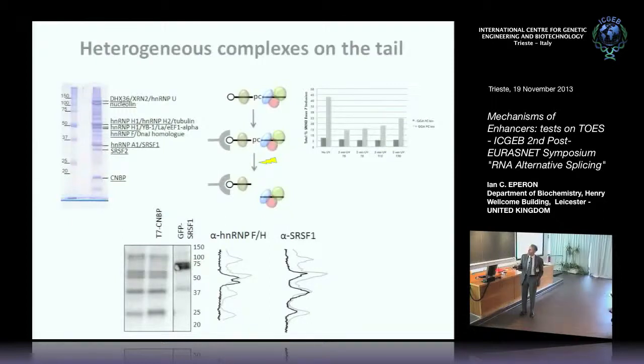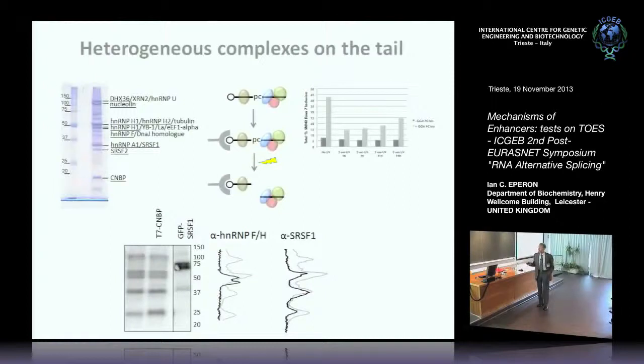And there are four major regions. This region of the high molecular weight proteins appeared to contain DHX36 and nucleolin. There was a cluster of hnRNP F and H proteins here. This band, which by mass spec appeared to contain hnRNP A1 and SRSF1, which is a bit of a relief, and this, which was CNBP. So we tried another strategy where we put a photocleavable linker in between the annealing domain